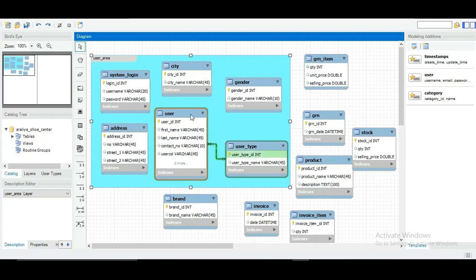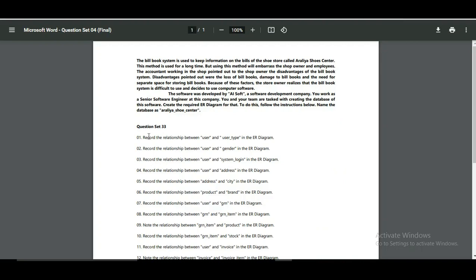And in this also the many side should point towards the user table, because many users can have the same gender. So again I need to click on this button, and then first click the user table and then the gender table, and that will create a relationship like this. So that will be the answer for the second question of question set number 33.